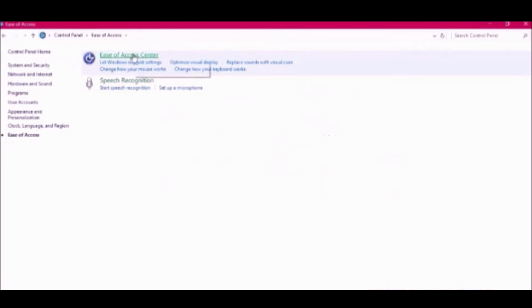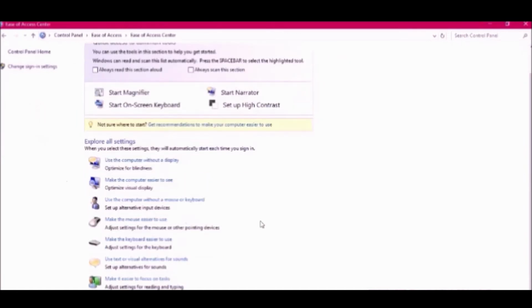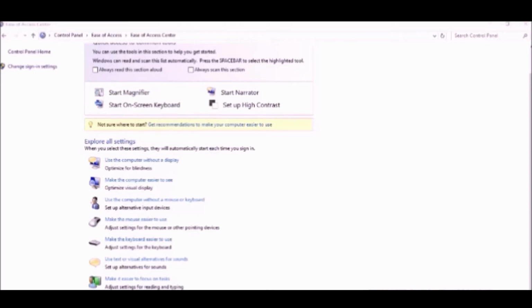In this, you will click ease of access center. Here you will find all the options that we will be studying. The screenshot might differ from your Windows version, and the names might be changed, but the options will be the same. We will study them one by one.